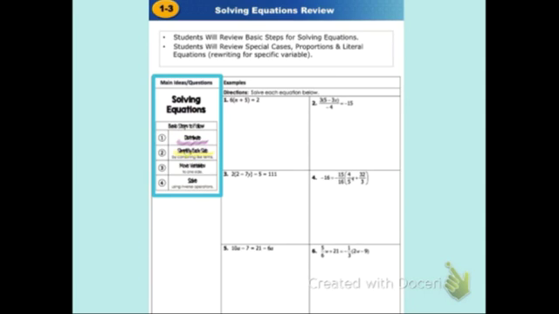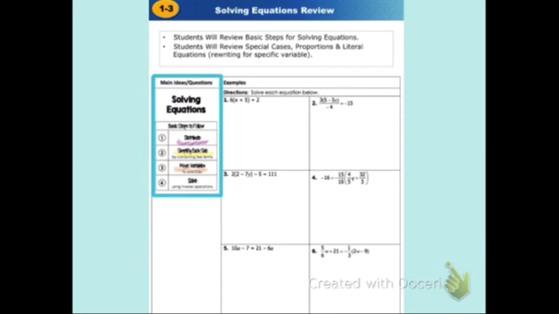Step three would be to move variables to one side. Typically what I do is move the variable from whichever side has the smaller coefficient in front of it and move it to the other side. Again, that's step three, to move variables. And in order to do that, we would then have to isolate the constant terms on the other side. Our goal is to get the variables on one side, all the real numbers on the other,